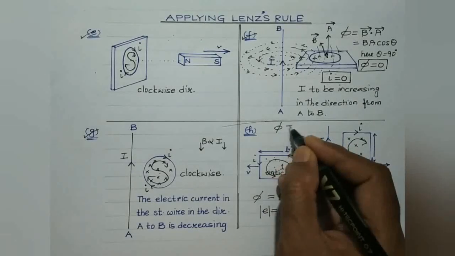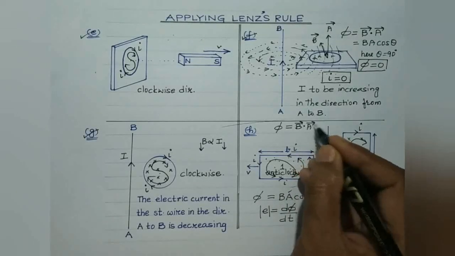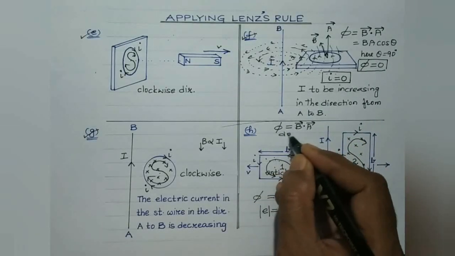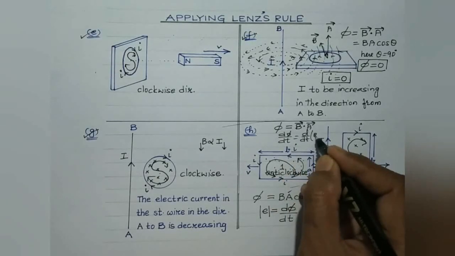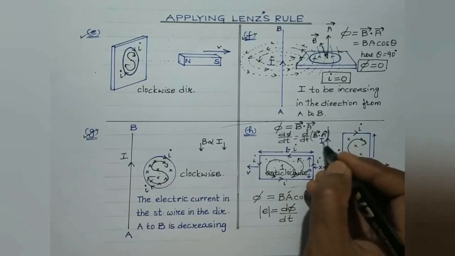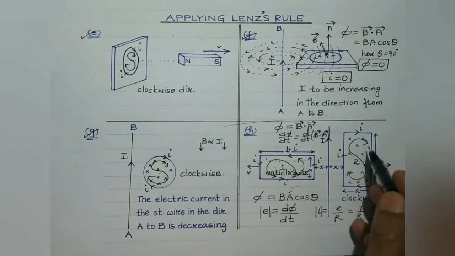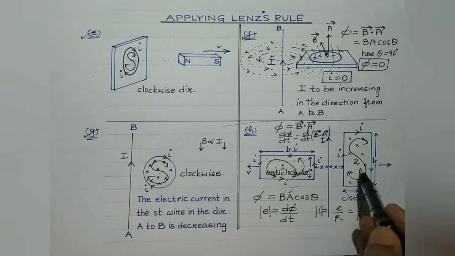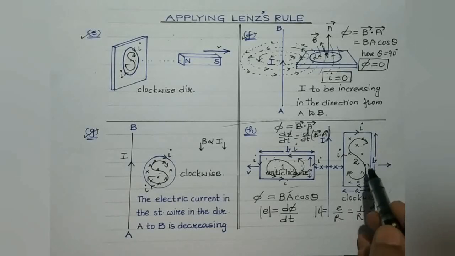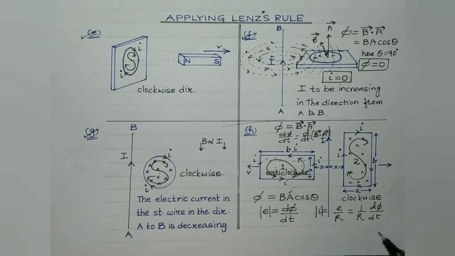Because flux is the scalar product of magnetic field and area vector. So the time rate of change in the flux, it would be d phi by dt, so it would be d by dt of B vector dot A vector. So this area would be smaller as compared to this area. So the rate of change of flux associated with coil 2 being larger, the EMF or the magnitude of the induced current so produced in coil 2 would be greater than that of coil 1.